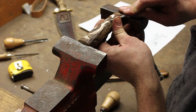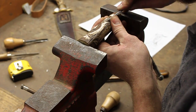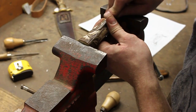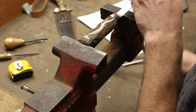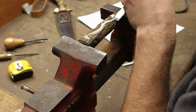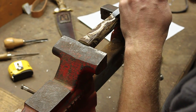Carving this gripping beast into a handle that is made out of moose antler. And right now, I've already gone through and obviously laid everything out, cut in my lines to make a nice little shelf to work to, and then I've gone through with a chisel, and I'm going to do right around this ear here. Just gone through, cut it out, so I have a deeper background, and once it's all cut out here,